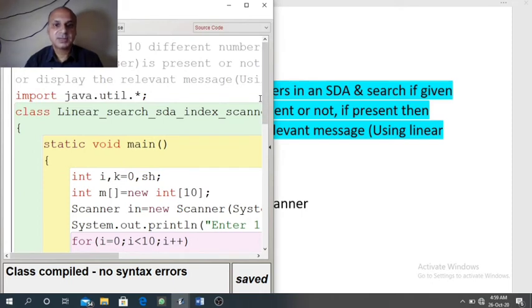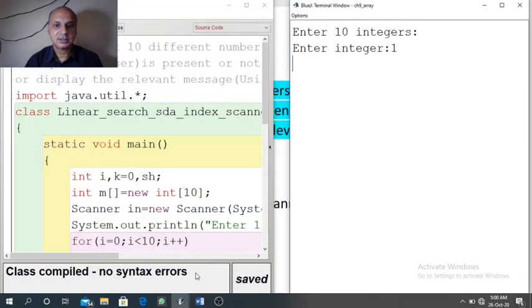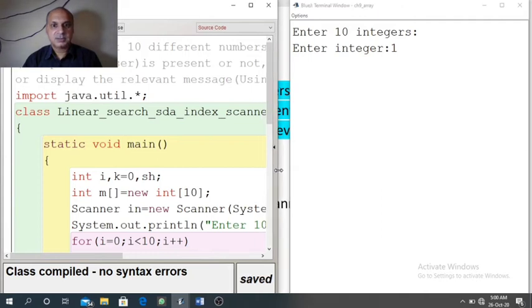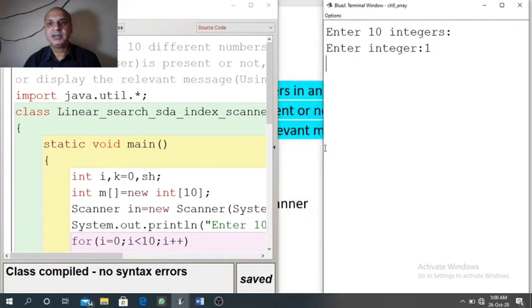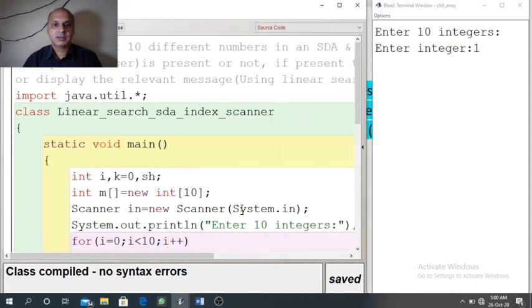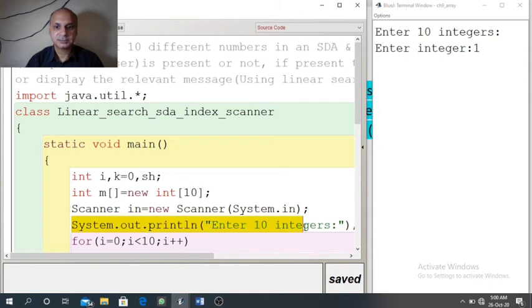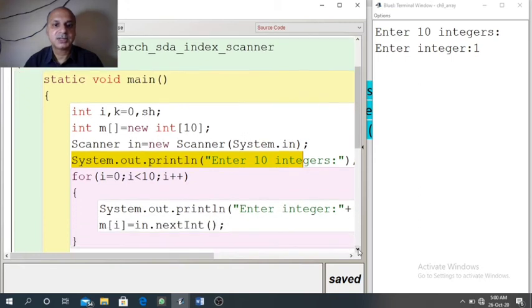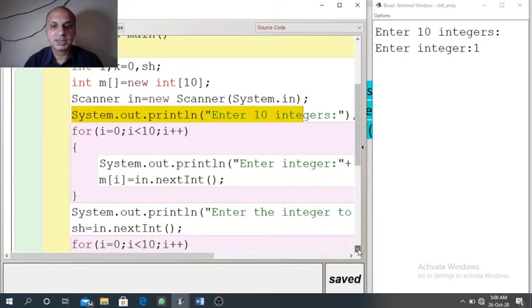The program is on the left hand side and its output is on the right hand side. So first we have got the message, enter 10 integers. This message is because of this statement. It will flash only once on the screen because it is written outside the loop.